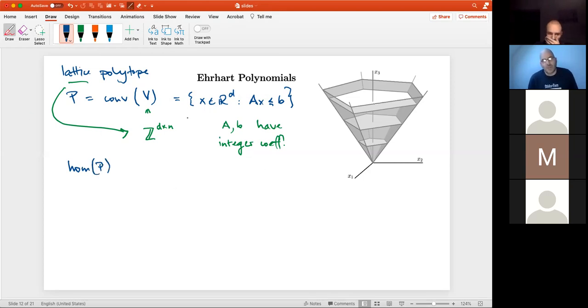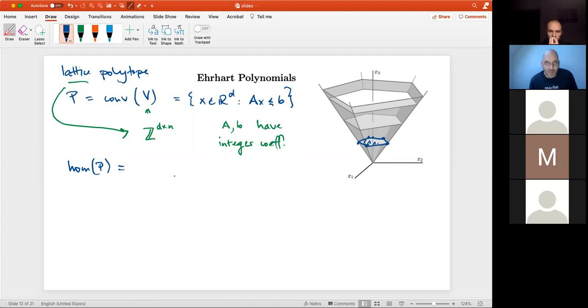So let me draw a picture first. I'm thinking of a given polytope as this pentagon over here. So this lives in 2 dimensions. Okay, and so the homogenization is